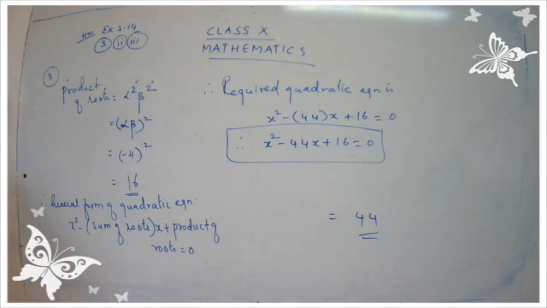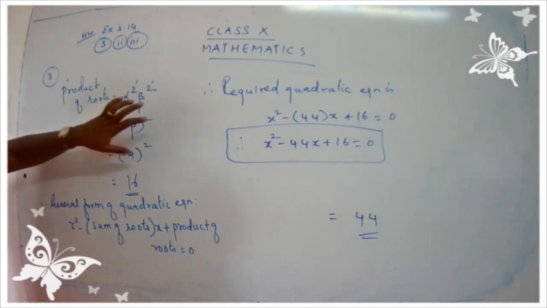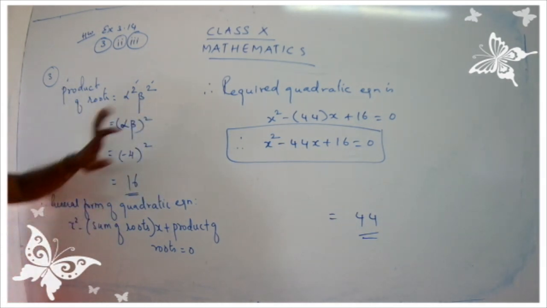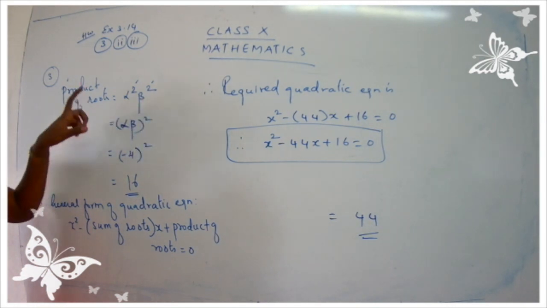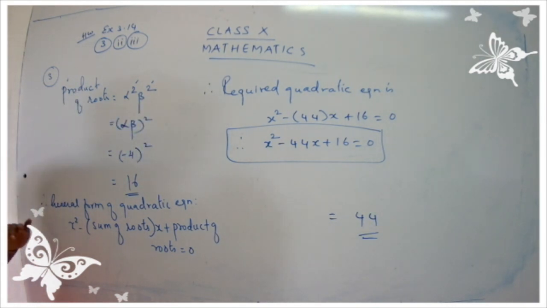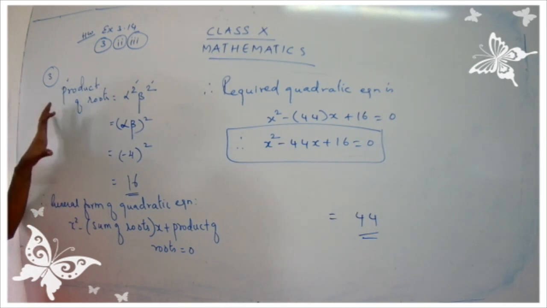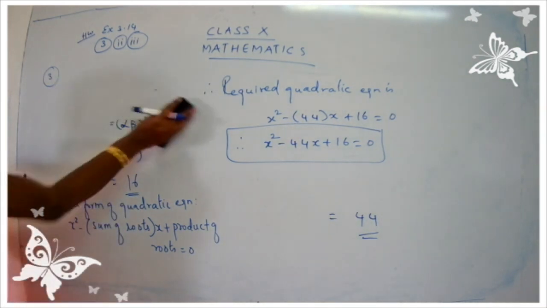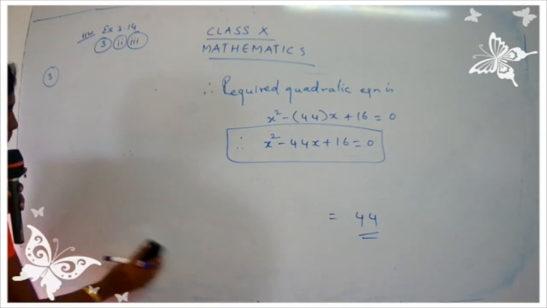For the second subpart, what is the new root you are going to take? Yes, 2 upon alpha and 2 upon beta. For the second sum, you can directly write down sum of roots and product of roots. And you have read the general form and you have read the quadratic equation. So no need to find alpha plus beta and alpha beta because already we have found it for the first part. So you are going to use it. I'll just give you a hint how to follow your second and third sum.